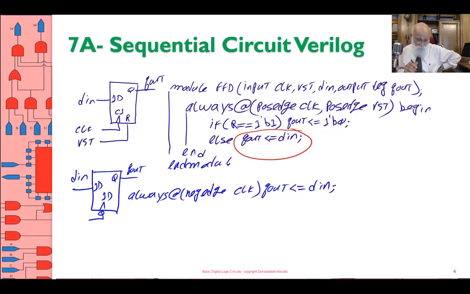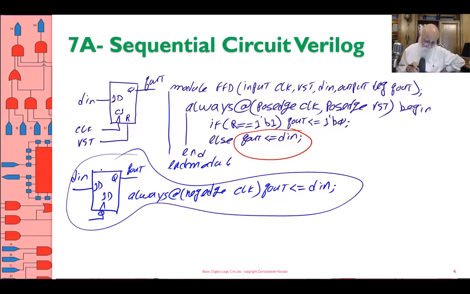Okay, that's all there is to it. That's all there is to this thing over here. Of course, you have to put the module header and the end module around it as well. Okay. Something different between the combinational and the sequential parts is that when you have an always block that is